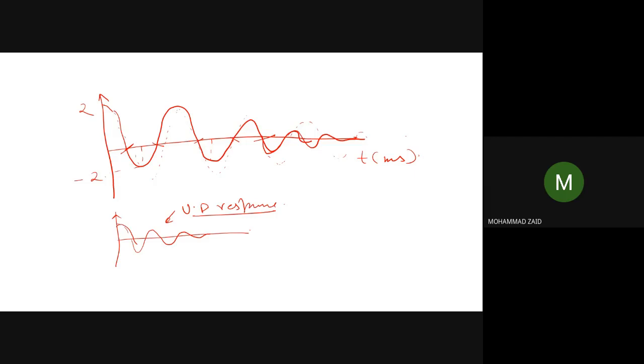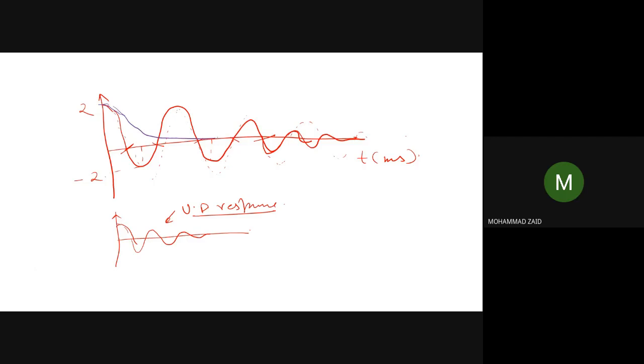If it is an overdamped circuit or some other circuit, then this response will not be there. This overshoot will not be there, or you can say this type of characteristics will not be there, but it would have been a simple response in which the response may have started from here, and from then it may have gone to zero. For example, if it was an underdamped or overdamped response, then the response may come like this, and then it may go to zero. Okay, so this way. But this is we have expanded this.